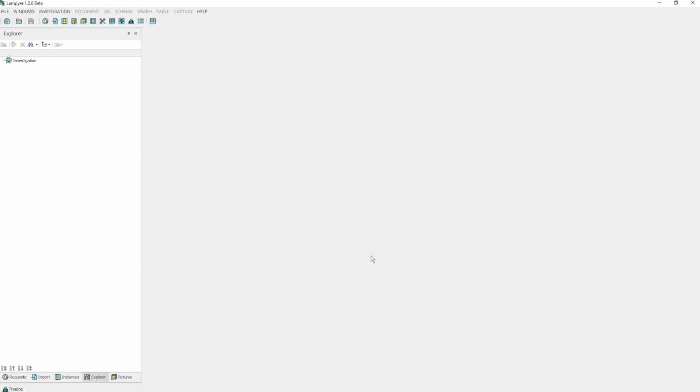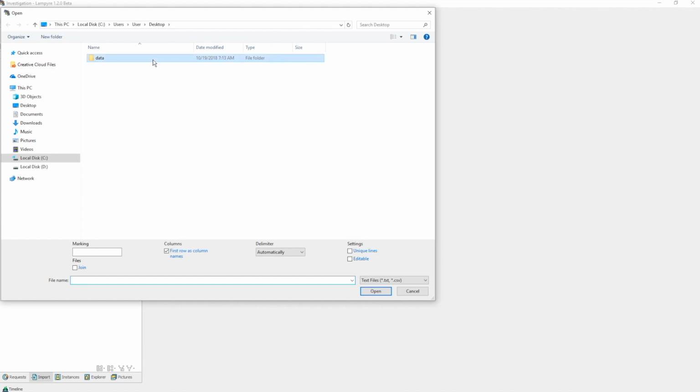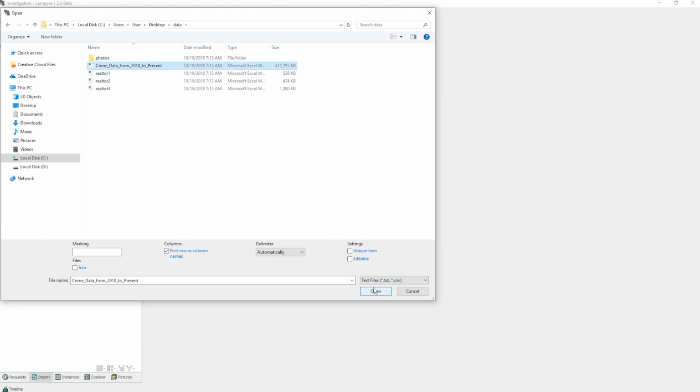Our data is a CSV table file which is ready to be imported. We go to the Windows main menu and then choose Import. In the pop-up window, we select our file. It can be imported either into repository or just into our investigation. If you import it into repository, the data will be available to work with in all your investigations. In this pop-up window, apart from the file or multiple files to import, you can also set some input parameters.